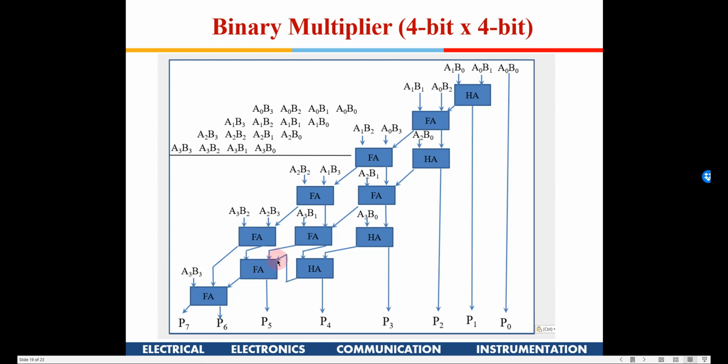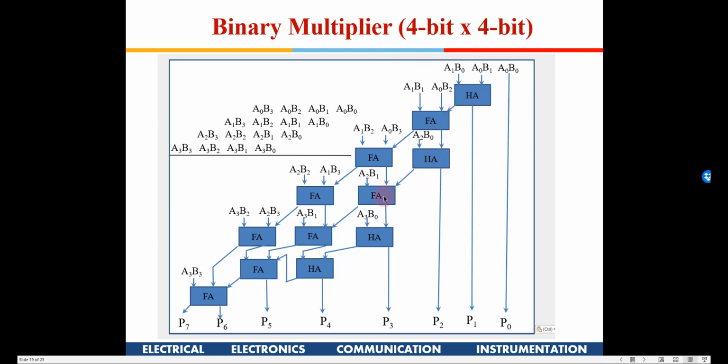I can straight away take this half adder carry here, so it will add all these 3, P5. And similarly the last one is A3 B3, and the carries which are coming from these stages. So this is how a 4 into 4 binary multiplier can be implemented using a full adder. So if you see the delays out here, the worst case delay is 1 half adder, 1 full adder, 1